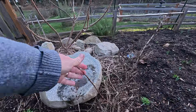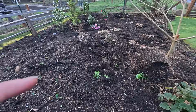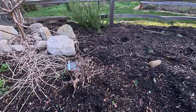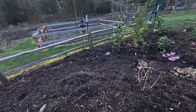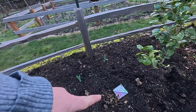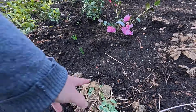This is a weigela. I need to do some pruning, get out the dead stuff. Peonies popping up. A couple of weeds, but not too bad. Lots of alliums. I put allium all over in here. I probably should have thought about where I put them before I did that, but that's okay. I had them and I wanted them in the ground. And they're all over the place. There's little lilacs. John's camellia garden. I love this. All these little